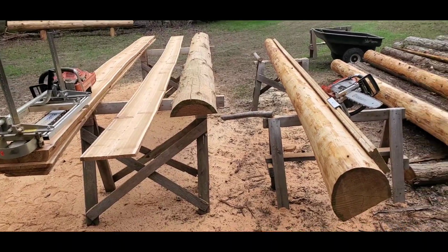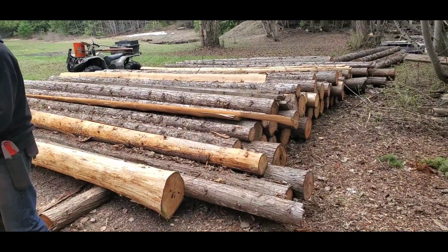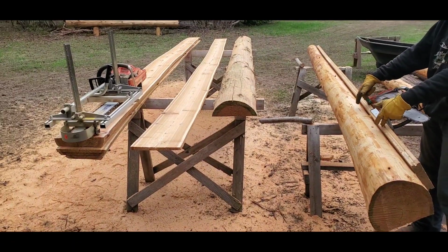But if the guy wanted to step up his game a little bit to do a lot of wood, like to build a whole structure, you'd probably want to spend another $5,000 and get a good mill. I should have made this longer, about 2 feet, and then